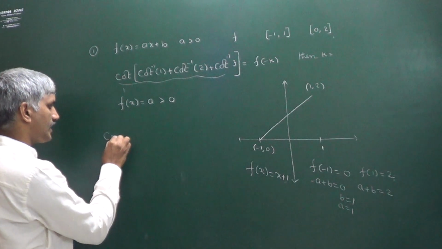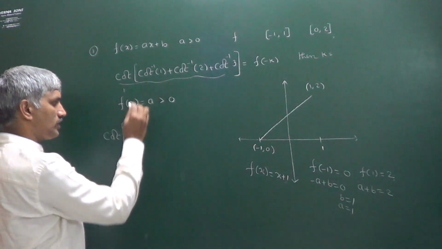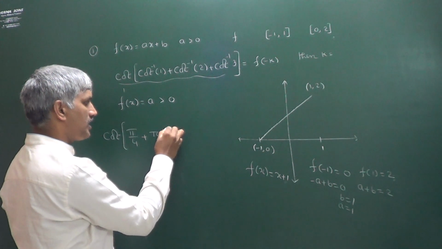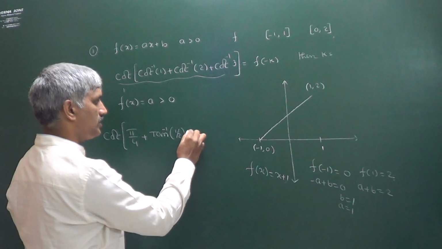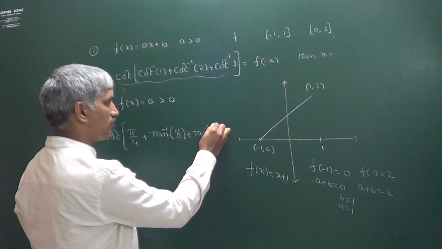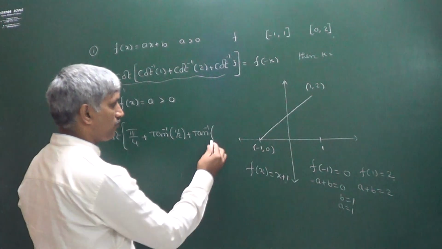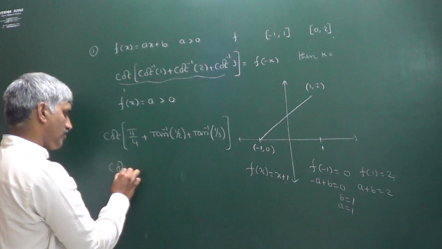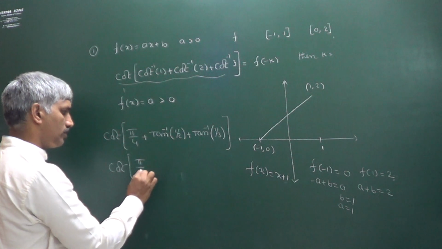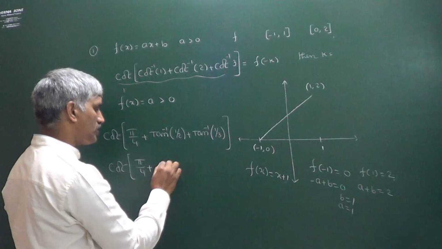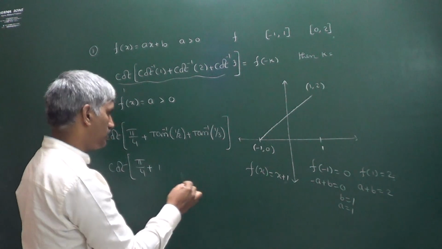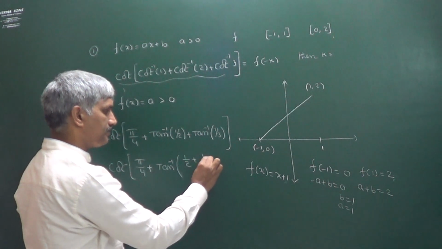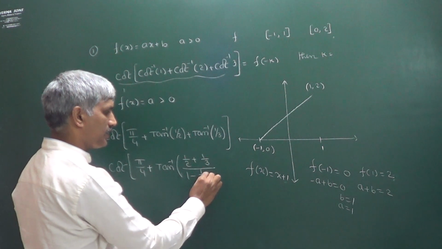Alright, I will find out the second part of the question. That is cot inverse 1 is, no doubt, pi by 4, plus we can write that as tan inverse 1 by 2, plus tan inverse 1 by 3. Cot inverse x can be written as tan inverse of 1 by x when x is greater than 0. That's why it is written in this way. Now again, using the formula for tan inverse x plus tan inverse y when x times y is less than 1, we can write this as tan inverse of (x plus y) divided by (1 minus x times y).